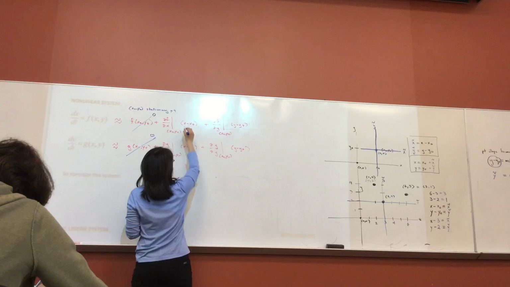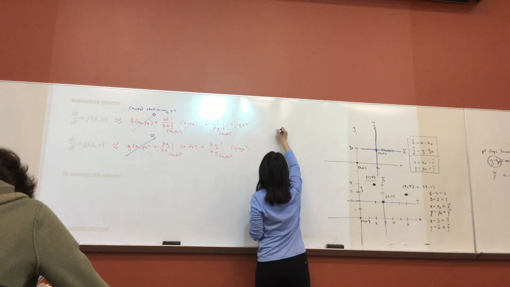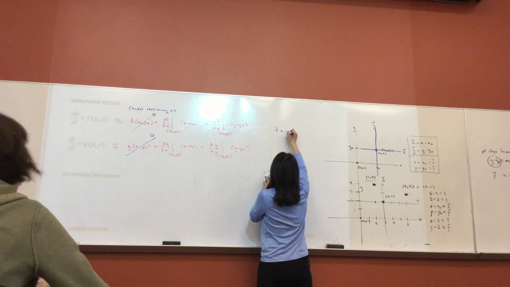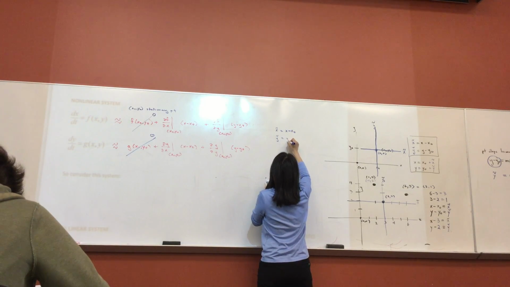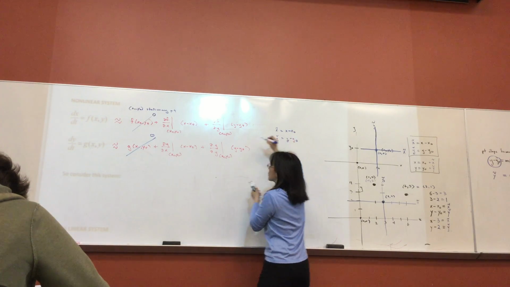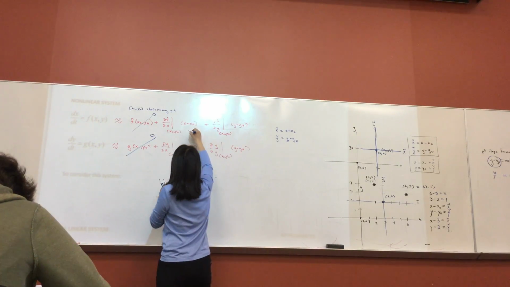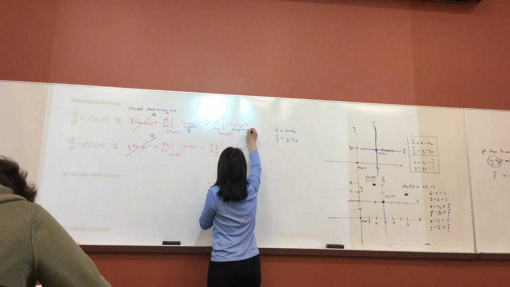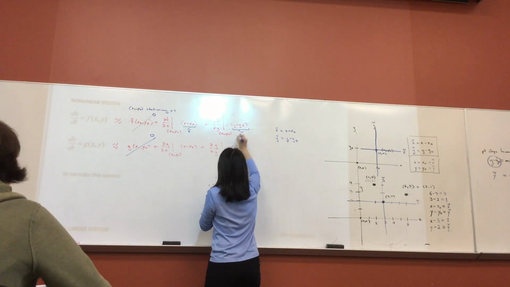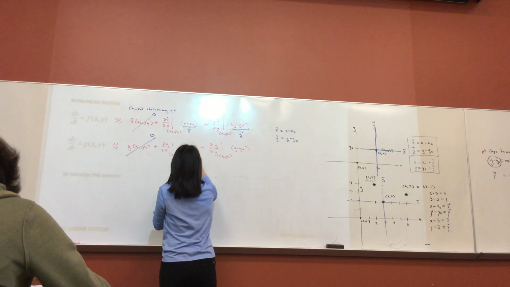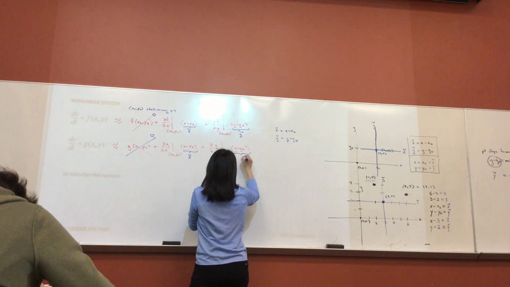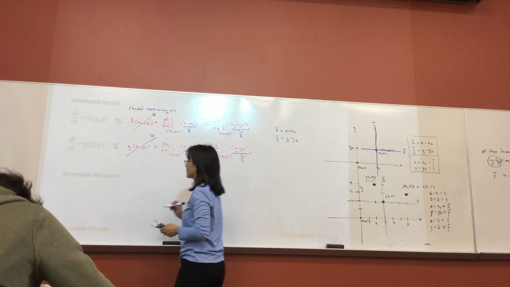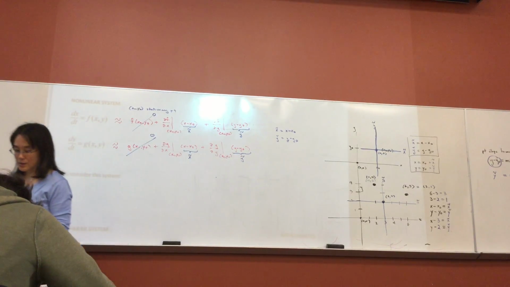So what we're going to do is have our system: x tilde is equal to x minus x naught, y tilde equal y minus y naught. So then this guy right here becomes x tilde, this guy becomes y tilde, this guy is x tilde, and this is y tilde. Okay? So can you see how